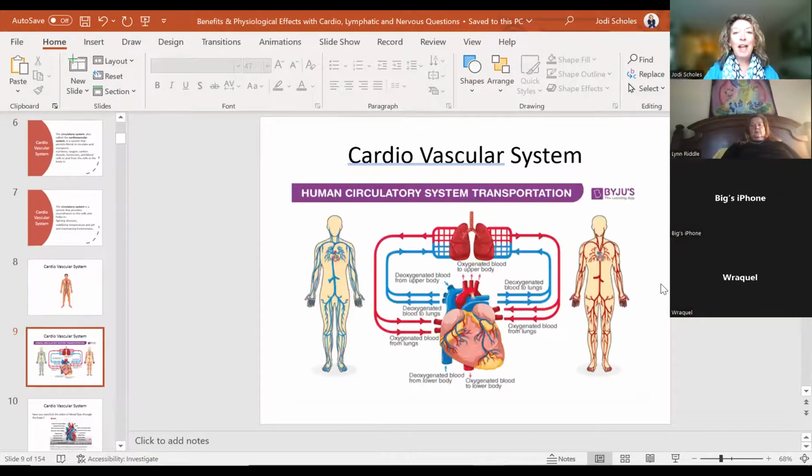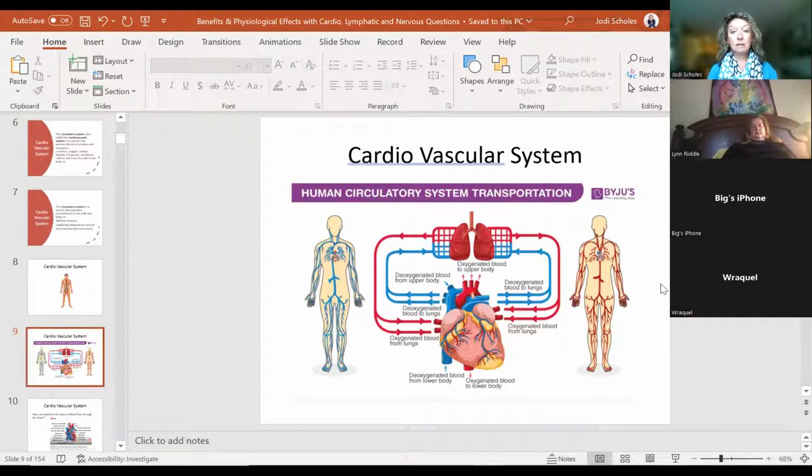Yes. So the red actually represents oxygenated blood. The blue represents deoxygenated blood. So you may have heard of the term blue blood. If your hands get cold, right? Sometimes the fingers will turn a little blue. The lips sometimes will turn a little blue. That means that there is blood that is going to your vital organs to preserve life, basically. So blue blood is deoxygenated blood.